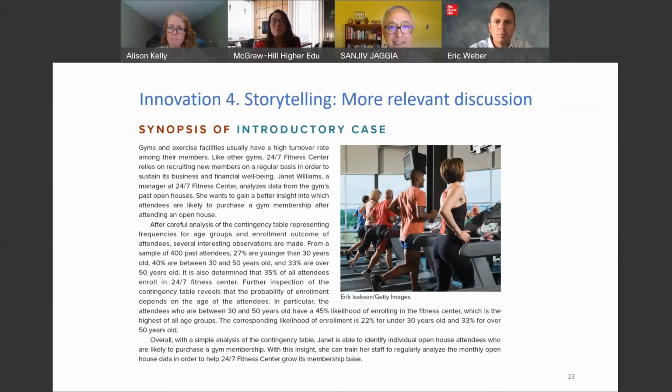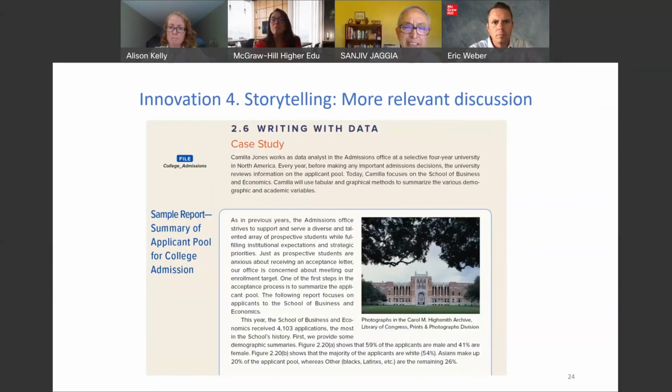Takeaways. Next slide, please. So the second innovation is introductory cases at the beginning of each chapter. And at the end of each chapter, whenever possible, we use big data. I showed you those 3 big data sets. So we use one of those big data sets and we try and, again, tell a story. Here, we are not teaching them how to solve these questions. They have learned that in the relevant sections in the chapter.